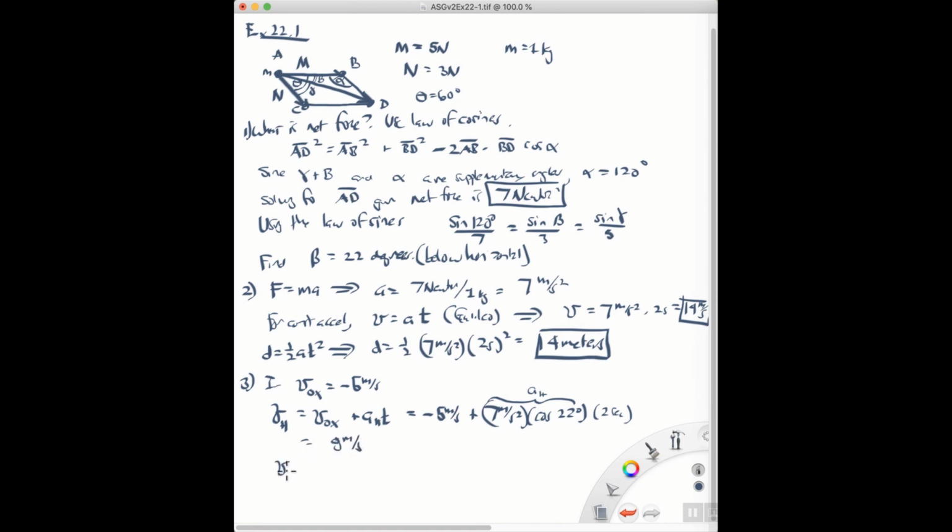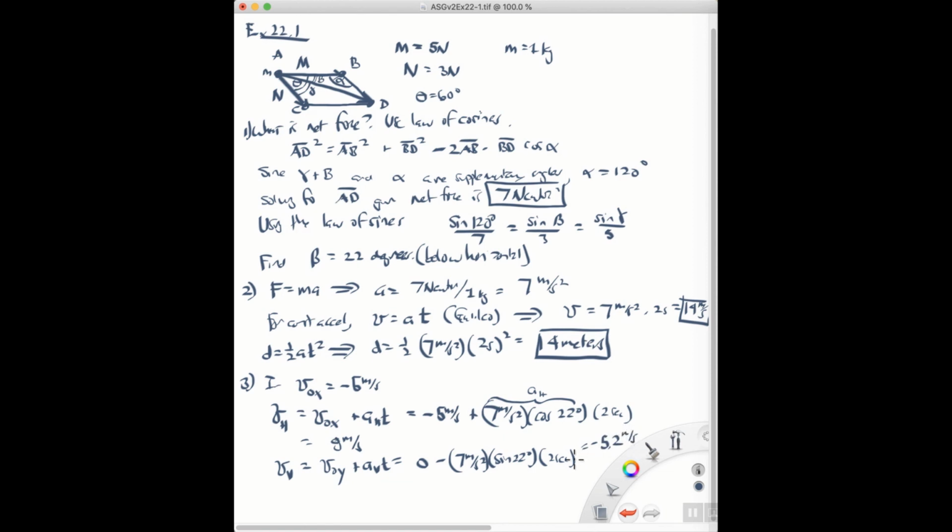Likewise, we can find the vertical speed, which is going to be the original vertical velocity, in the y direction, plus the acceleration in the vertical direction times time. We know the original vertical speed is 0, and the acceleration in the vertical direction is 7 meters per second squared times sine of 22 degrees, using trigonometry. We multiply that by 2 seconds, and when we do that, we will get -5.2 meters